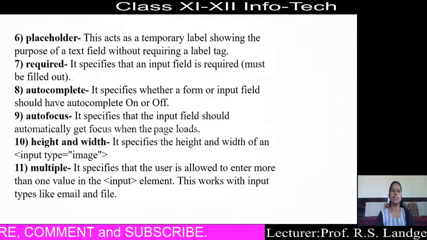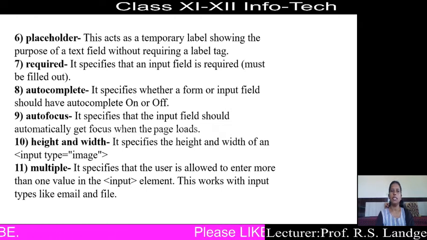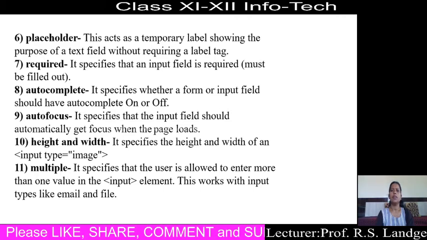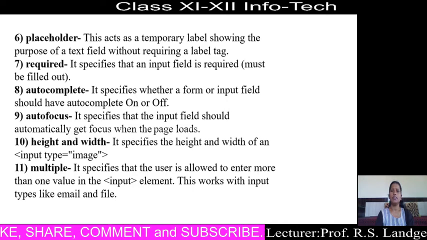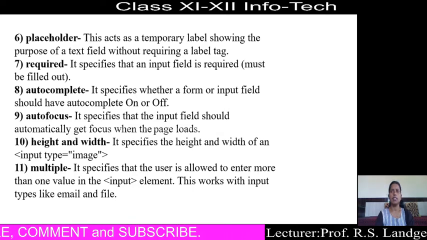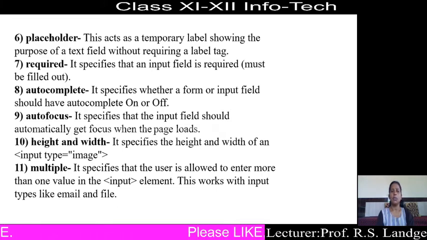Then the next attribute is placeholder. The placeholder attribute acts as a temporary label for an input field. Means it does not require an external label or label tag. Such as if we want to create a text field to enter your name, then outside the input tag we would write there "enter your name".